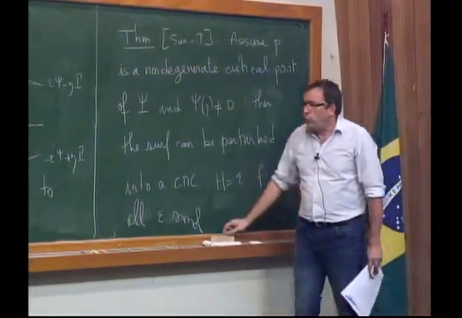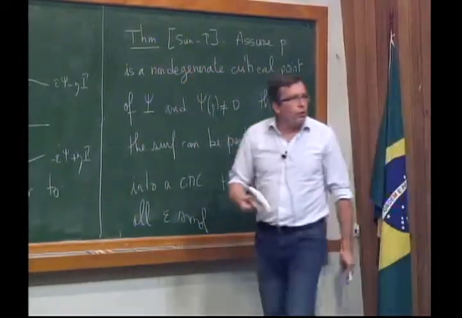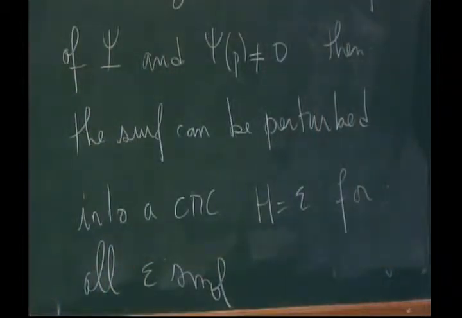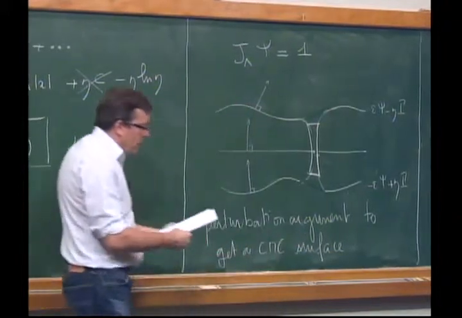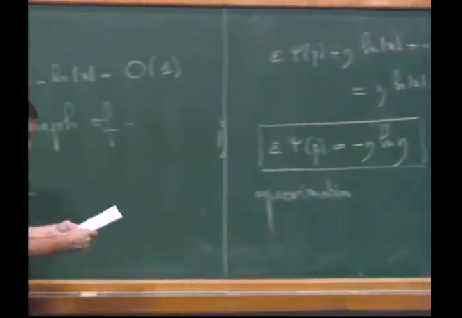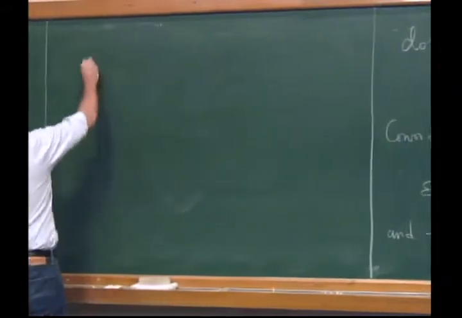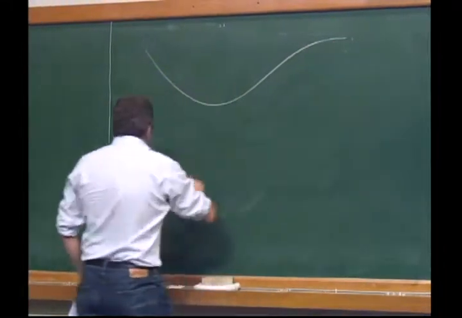So from the geometric point of view, it is quite intuitive. From the PDE point of view, it is extremely complicated to explain. But from the geometric point of view, you will immediately see that there is a problem if you try to connect, as is done in the drawing, at a point which is not a critical point of psi, then you see that you run into trouble. So let me draw a picture instead of doing some